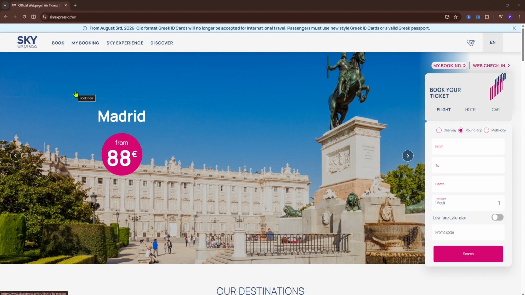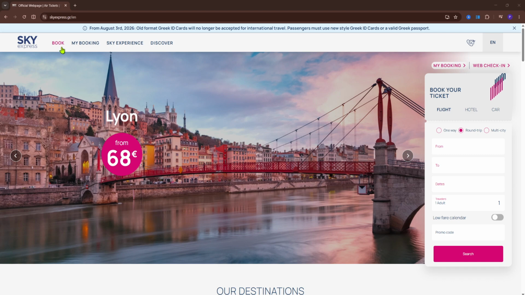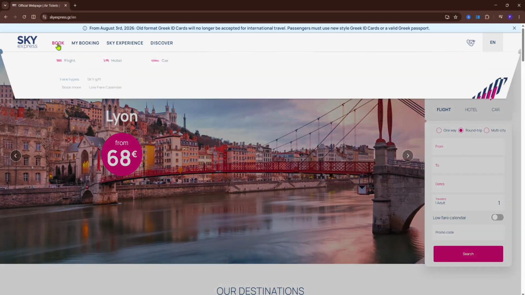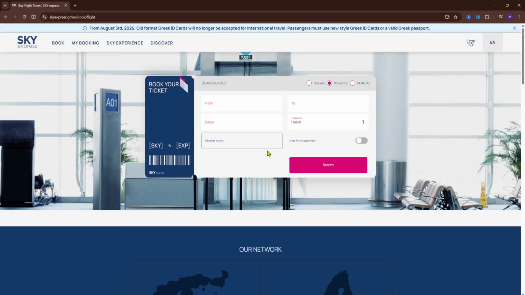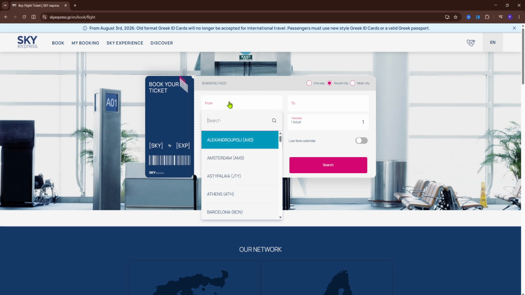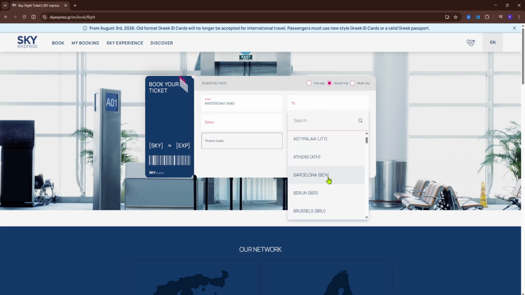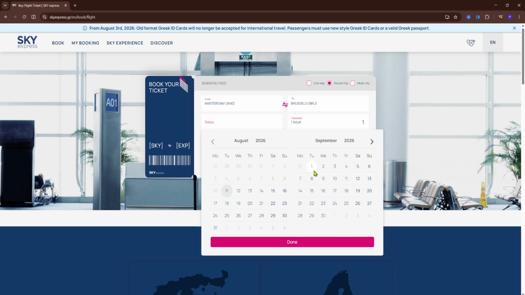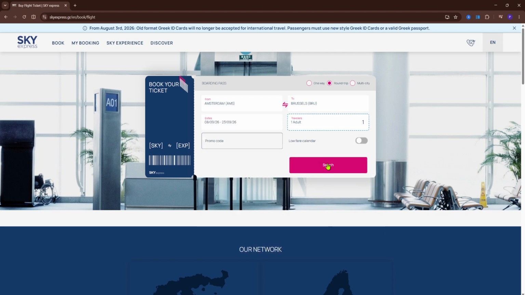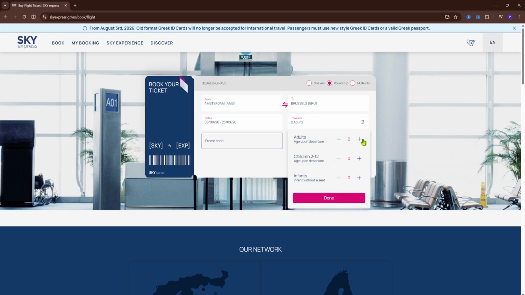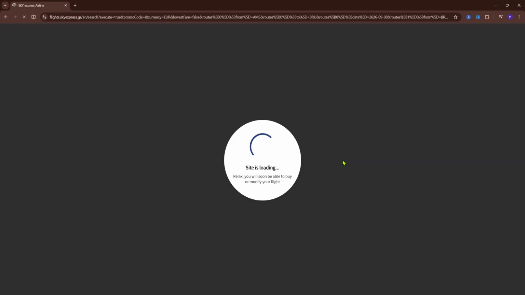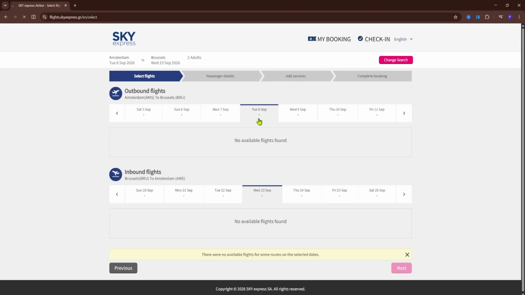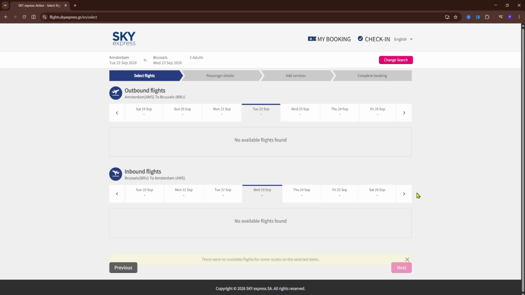Otherwise, a nicer way to do that is to go to the top left, click Book, and then select Flight. All right, now this is the website where we will get the ticket. First you need to select from where to where you want to fly, the dates, and also how many adults or children you have. And yeah, now we don't have any flight in this time,